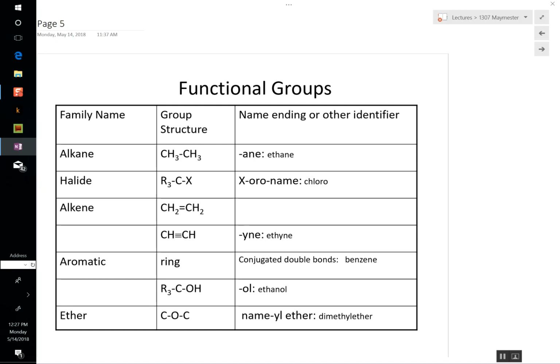Then fill this in. These are alkynes, Y-N-E. Here's what I should have put in here too. This would have been nice. Ene, and it's a carbon-carbon double bond. Yne. I got a dash there. What's that mean? Well, if we have an alkyne, we're going to put yne on the end of the name. You're going to look at the end of the name and go, oh, I know what class that belongs to. You go home, you look at a bottle of mouthwash.